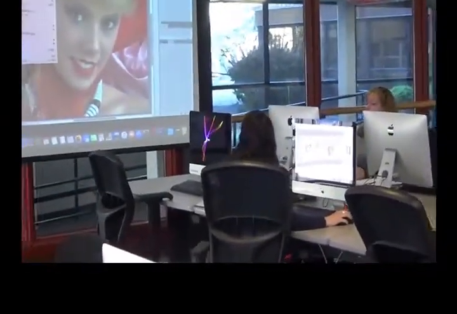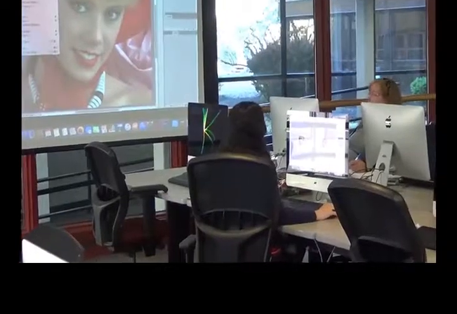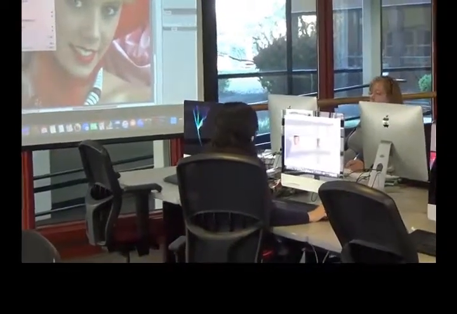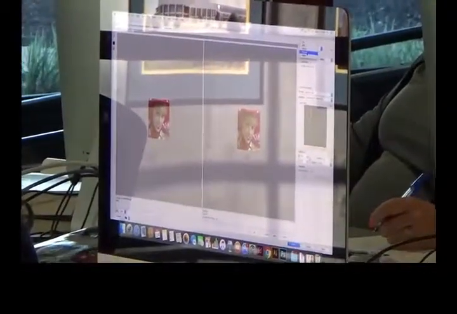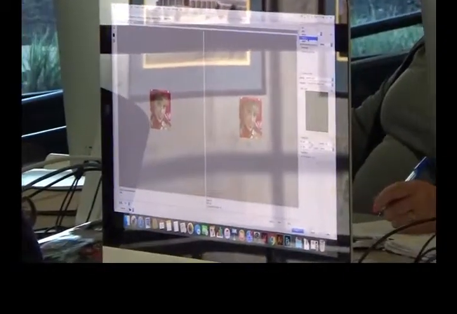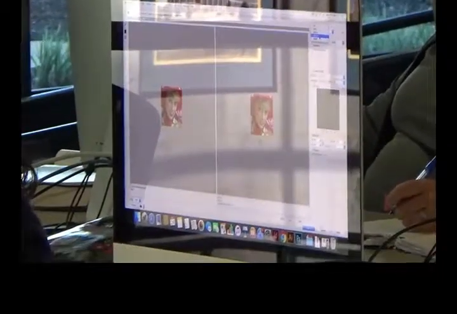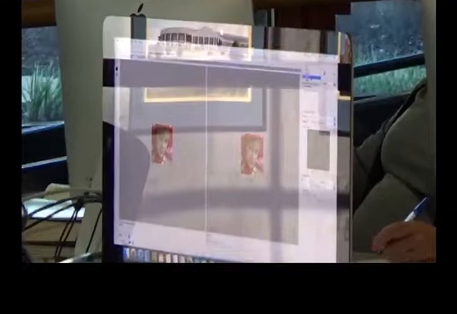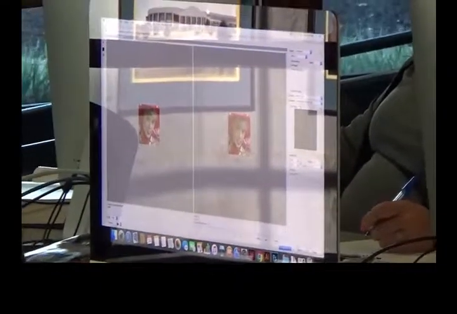Let's save this out as a PNG. So let's go to the File drop-down menu and do a save for web. And with a save for web, in the upper right-hand side where we selected JPEG, click on the drop-down arrow and select PNG. If I click on PNG 24,